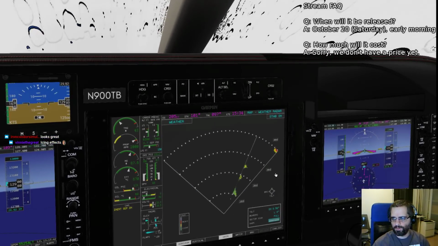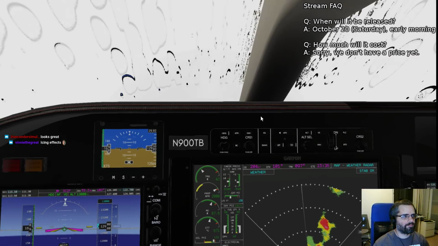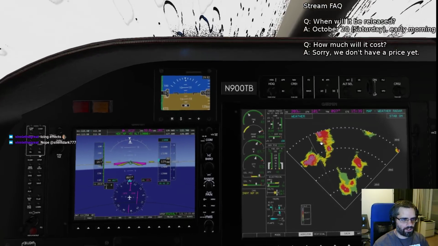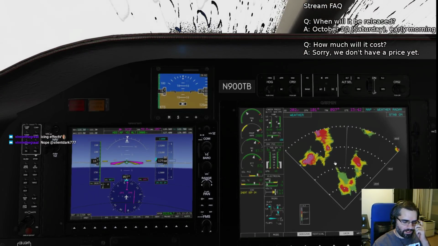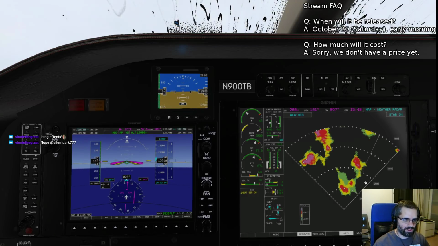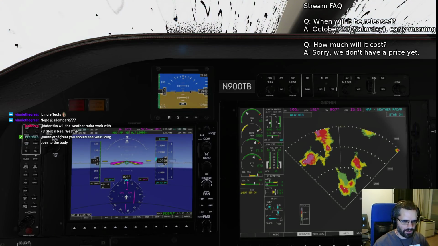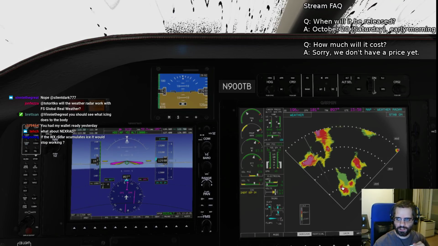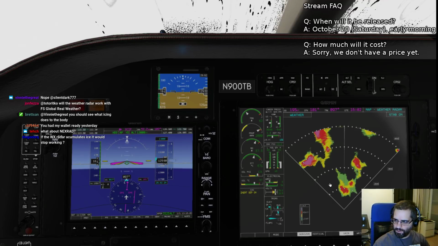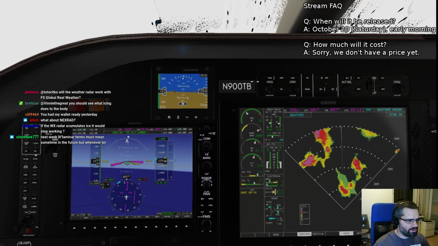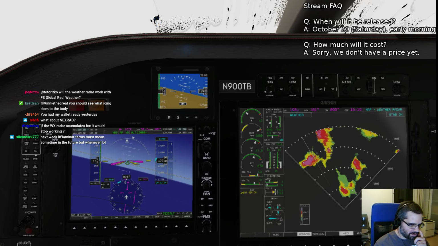So your weather radar is normally designed for you picking your way through immediate weather. So it's not really designed for distant strategic analysis. It's meant more for this kind of stuff. Like I can see that there's a cell 10 miles ahead of me. I want to steer clear of that. So normally at this point you talk to your ATC and request a diversion here. So you'd request 30 degrees left or something like that, and